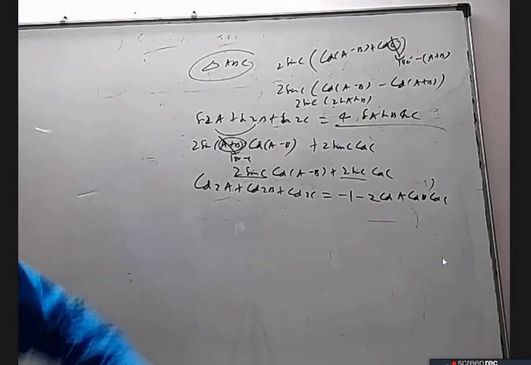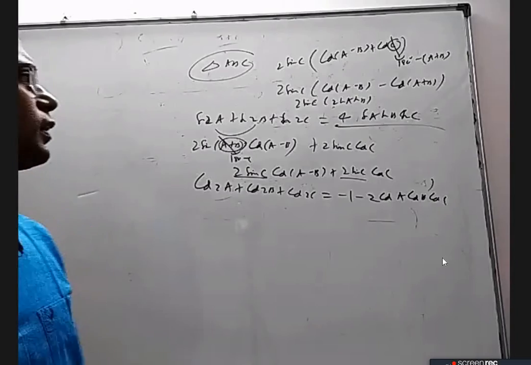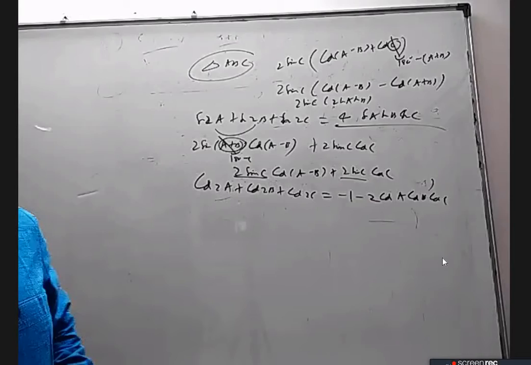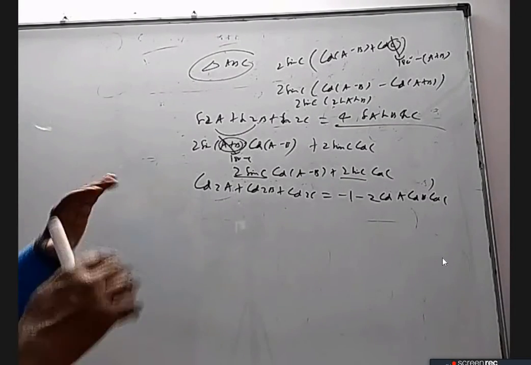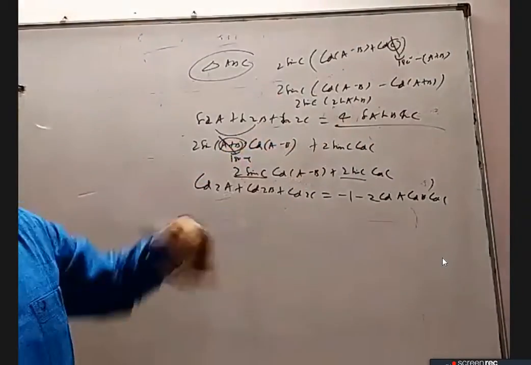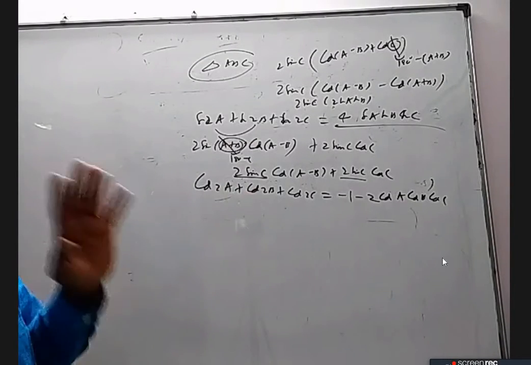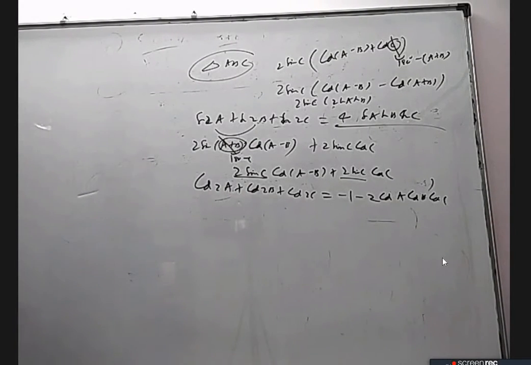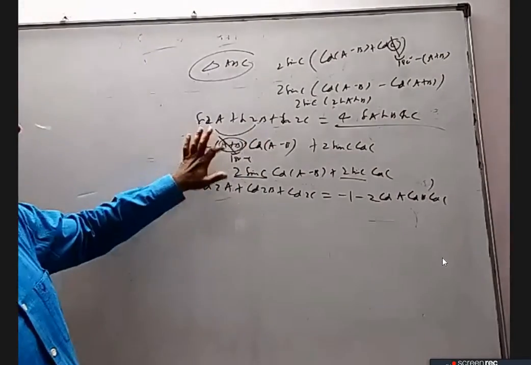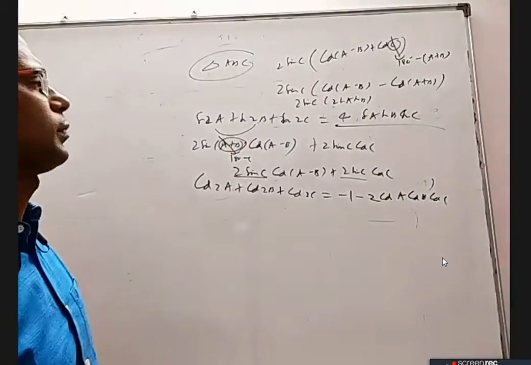So these questions, after doing 5-6 questions, it may be boring to do the whole exercise. But let me tell you one thing, finally those questions will come in the exam. Through those questions, we'll be using the same transformation formulas, compound angle formulas repeatedly. At least you'll remember the sin C plus sin D formula very quickly, cos C plus cos D formula very quickly. So usually we apply transformations for the first two, and write A plus B as 180 minus C. Later on, we write C as 180 minus (A plus B), depending on the requirement.